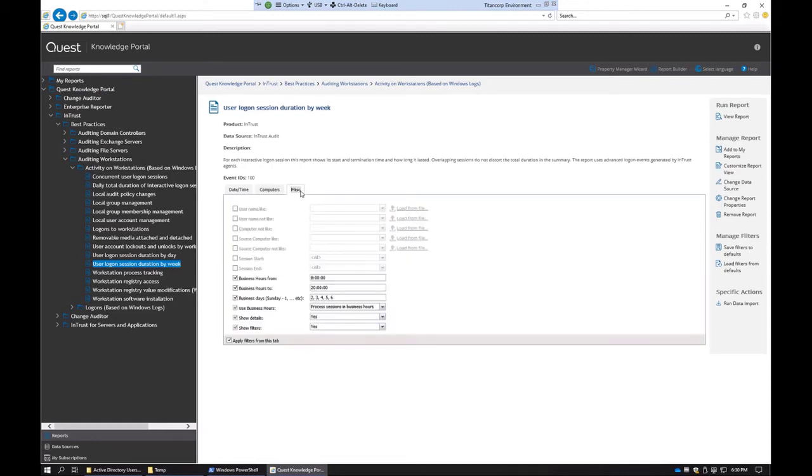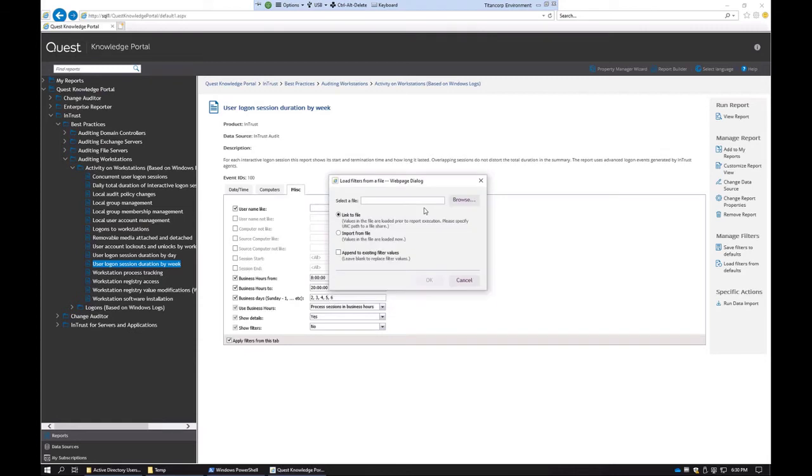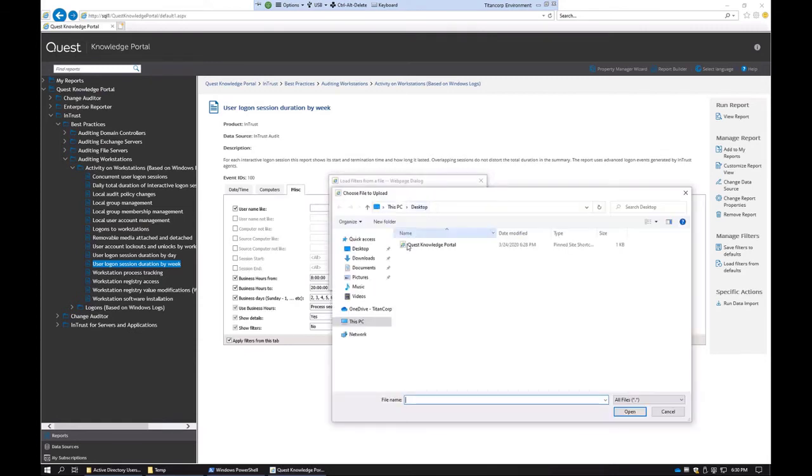And then I'll switch here to our miscellaneous tab where there's a bunch of other filters. I like to not show my filters in the header of the report, so I'll take that out. And maybe I want to run this for a department. So I might want to use username. And then I might need like a file with a group of, maybe a group membership. I have one that I created ahead of time. It's in my temp directory.